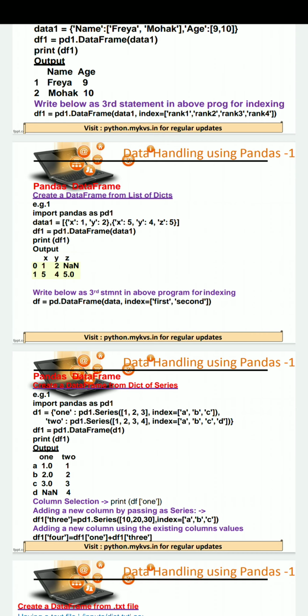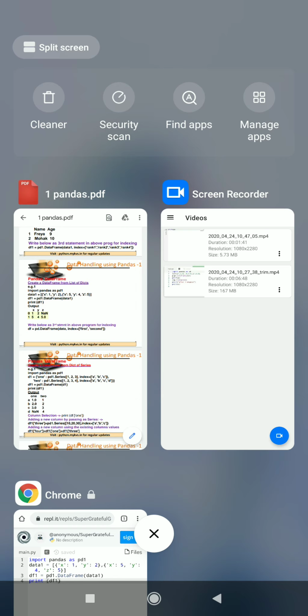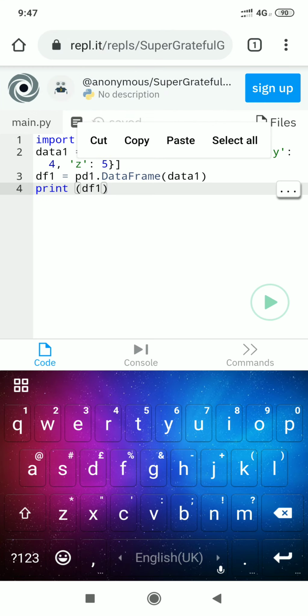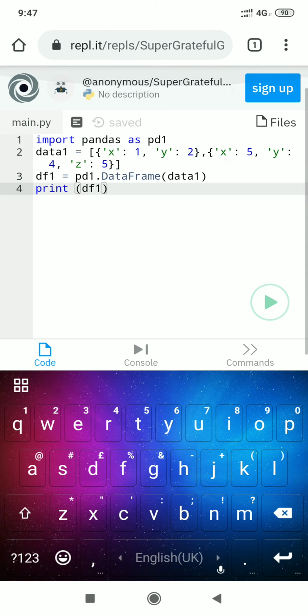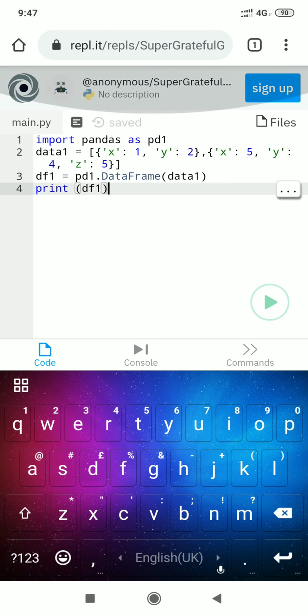So students, we create this program. How can we create it? It's very easy. What we have to do here is import pandas as pd1. We are creating here an object of pandas as pd1.